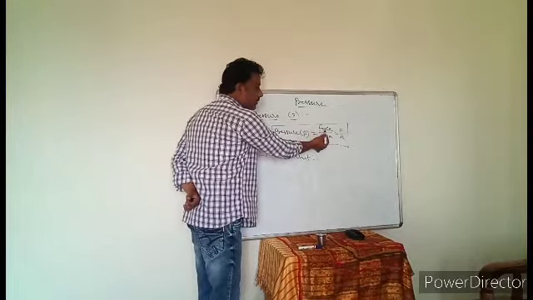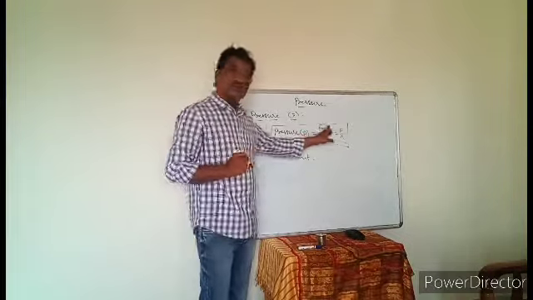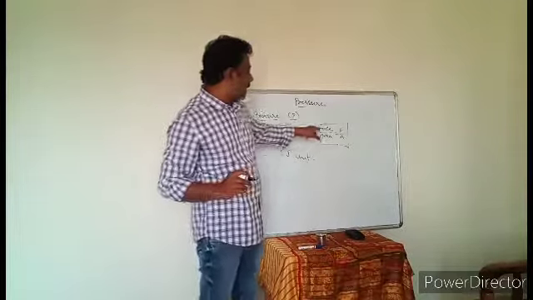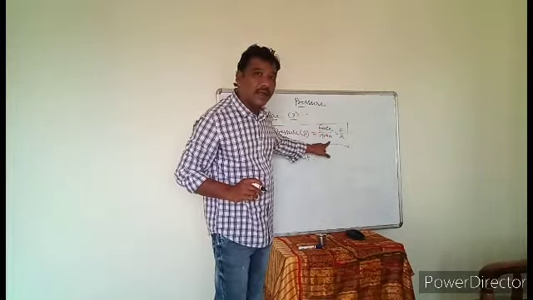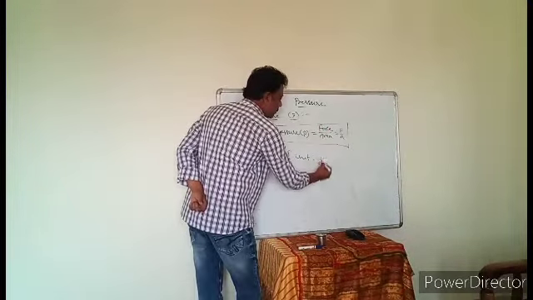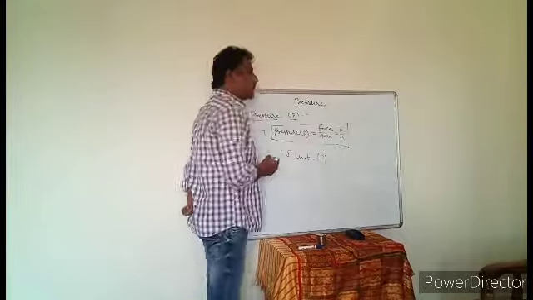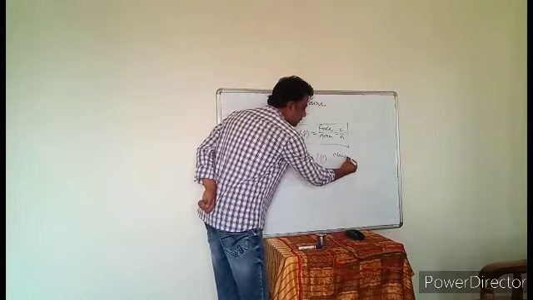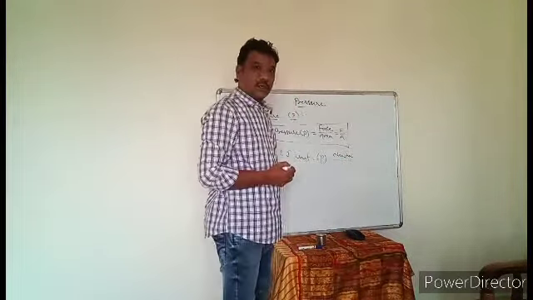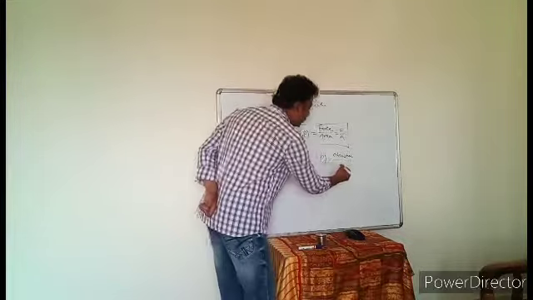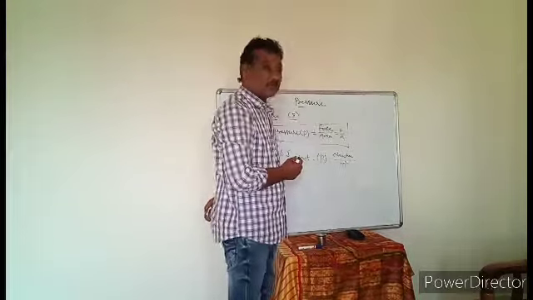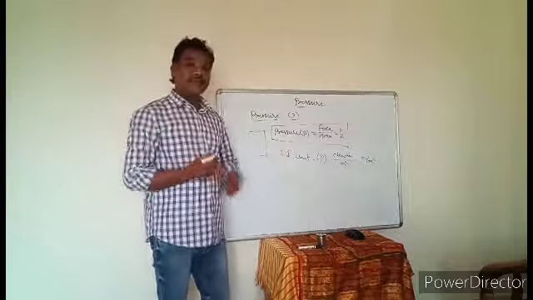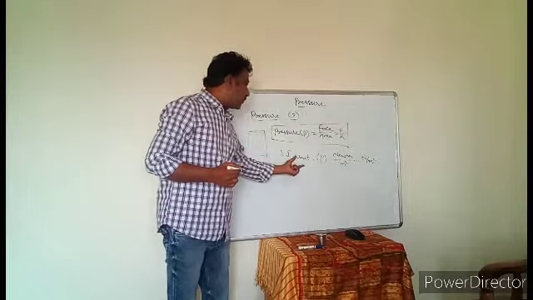Pressure depends on how many physical quantities? Two physical quantities. What are those? One is force, another one is area. So to write the units for the pressure, we have to write the units for the force as well as the area. Now let us write the SI units: P, pressure, is equal to the SI unit of force, which we have already learned. The SI unit of force is newtons, by area. Area SI unit is square meters. Newton per square meter is called the SI unit of pressure.